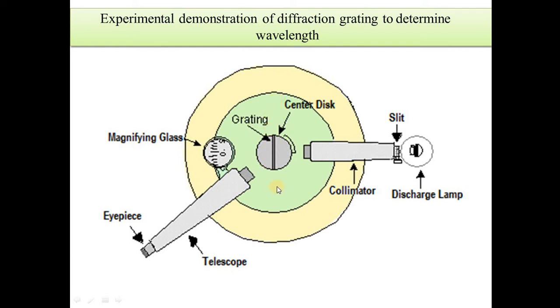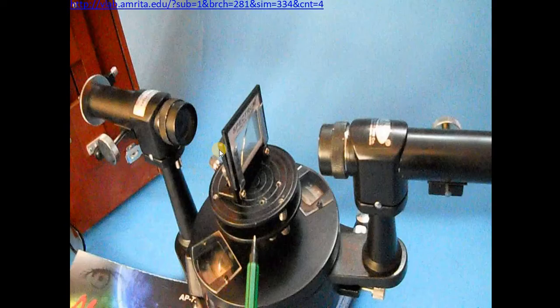The grating should be placed in a position so that light from this slit passes through the collimator and hits the grating at 90°. We can place it almost at the 90° position, or to get the correct normal incidence position or 90° position, we'll have to do some arrangements. First, we have to keep the collimator, adjust the width of the slit, and bring this telescope in this position.